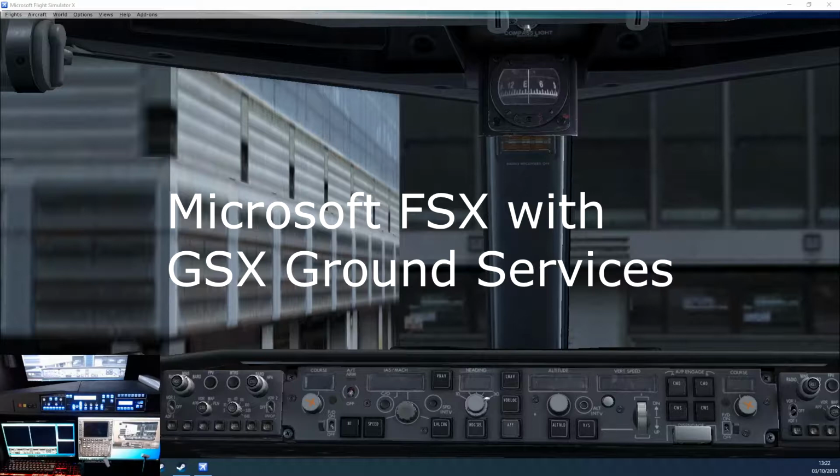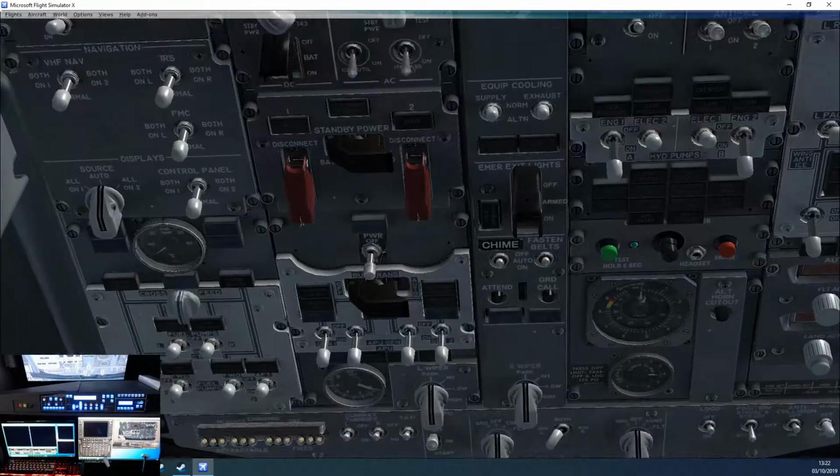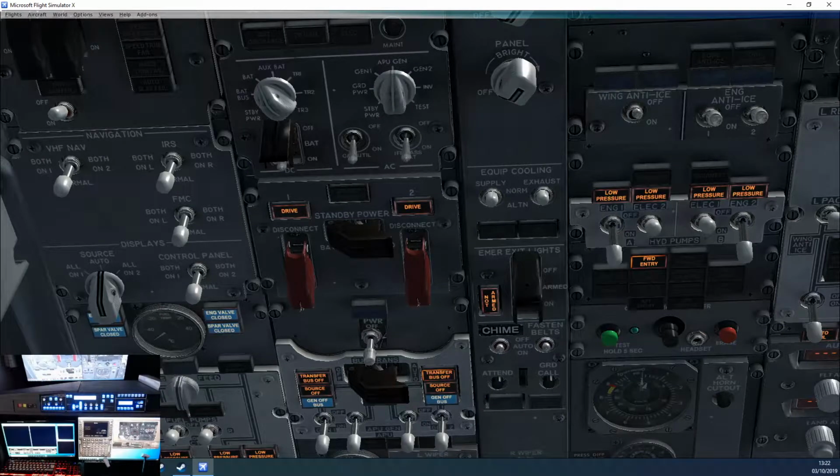So first thing we'll do is get some power on. So let's get some power on here, and we'll just pan up now to our overhead. We'll get some battery power on, and then we'll get some ground power on. So we've got an overhead here. Let's turn on. There's our battery power coming on,